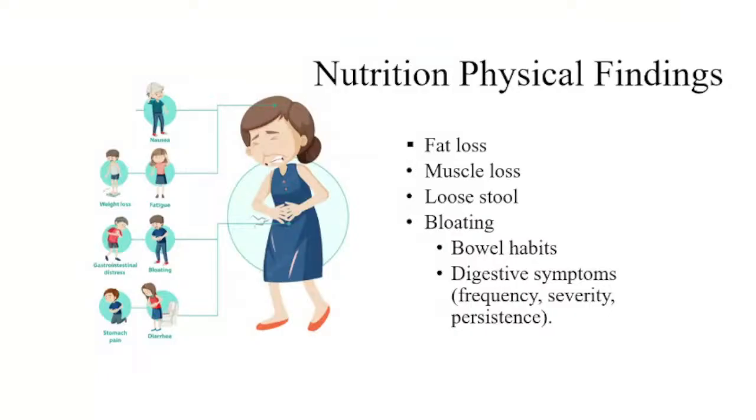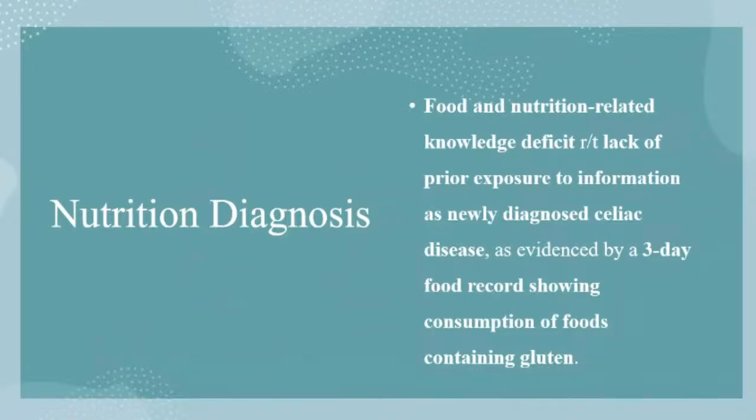So remember, when we're doing the nutrition assessment, we said that your ability to determine particular tools to use for that particular disease is very, very important. So you see that it is not all the physical findings that we are looking at. We are looking particularly at somebody who has celiac disease, which is a GI condition. And we ask about GI signs and all that, so that it will not waste much of your time. Okay. So then when we look at the nutrition diagnosis,